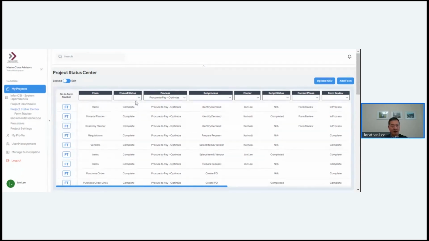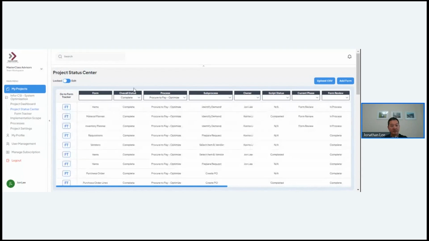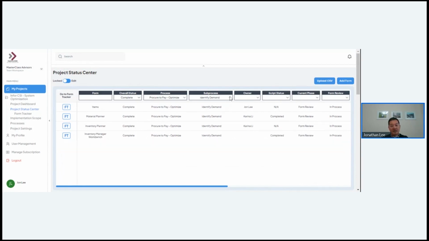So I can filter by not started. I can filter by late. I can filter by complete. Okay, that's going to be a popular one for the PMs to keep track of what is out there. But there's a lot more filtering that can be done besides that. So let's say that in this scenario of optimizing procure to pay, again, this is not the re-implementation scenario, but the optimize. Okay. I can see how many forms exist,